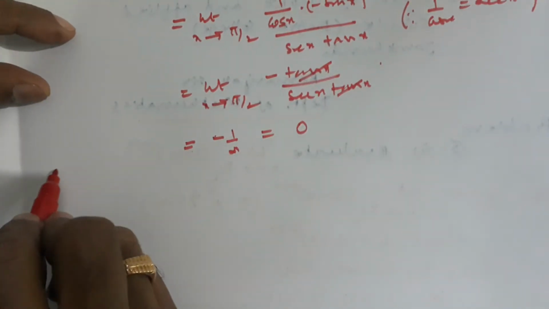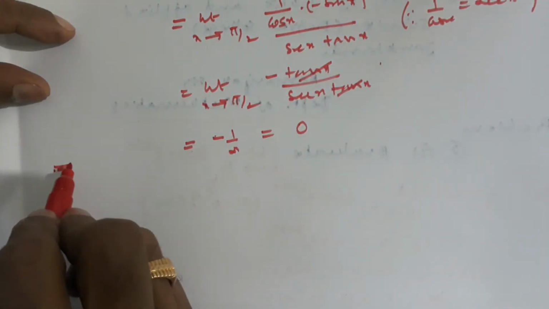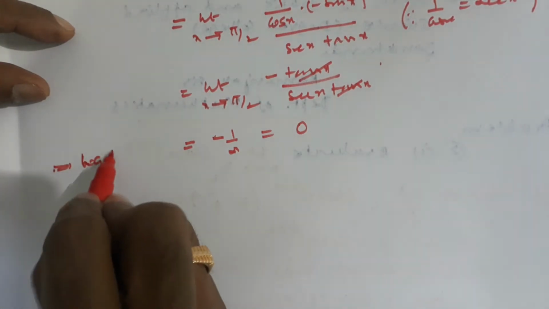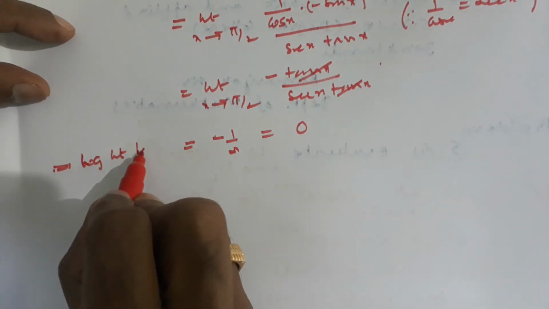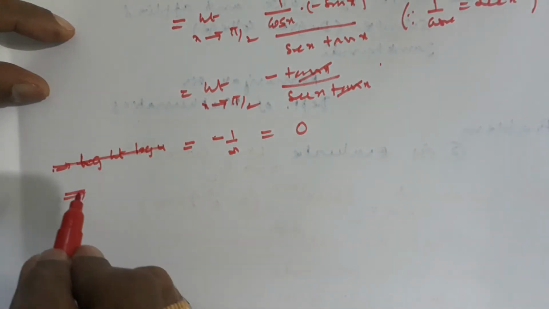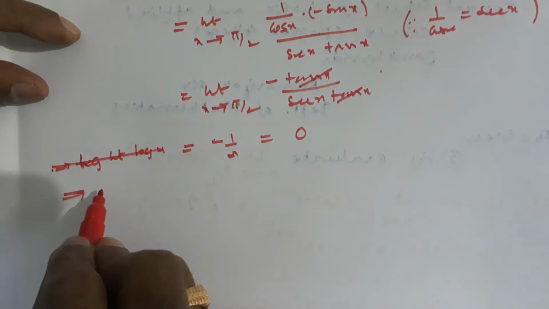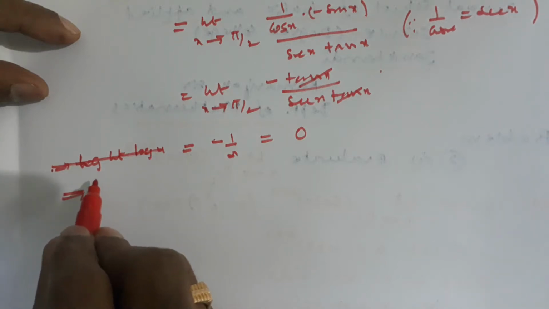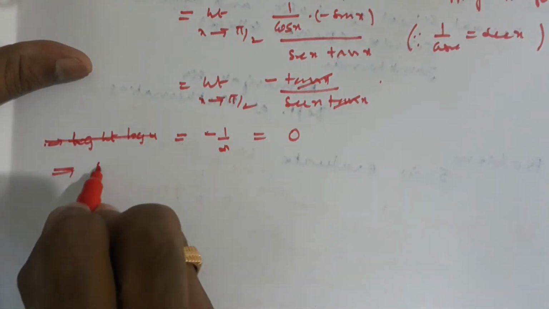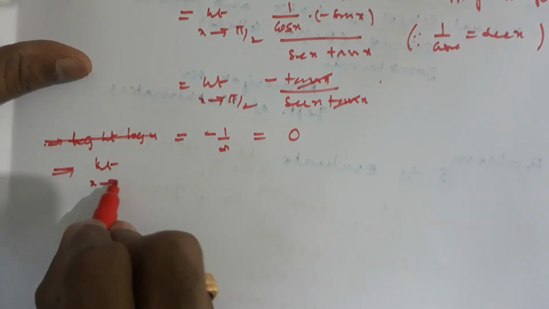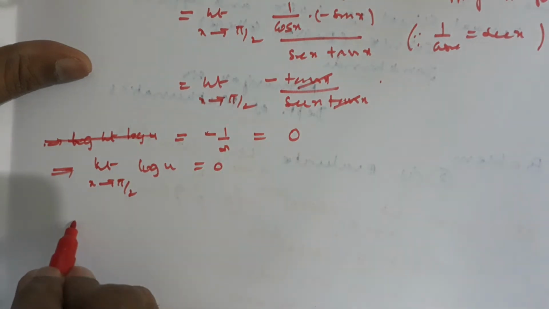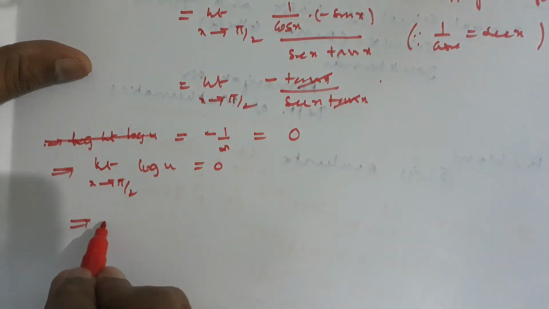So even the left side is, log of the limit is same as limit of the log. So that log limit log u, that is the limits left side is, we have it is log of the limit. Log of the limit is limit of the log. Limit x tends to pi by 2 log u is equal to 0. This implies limit of the log is log of the limit.